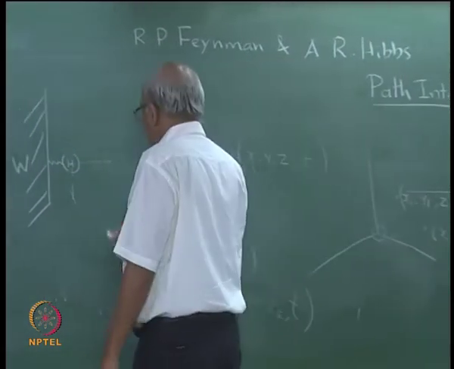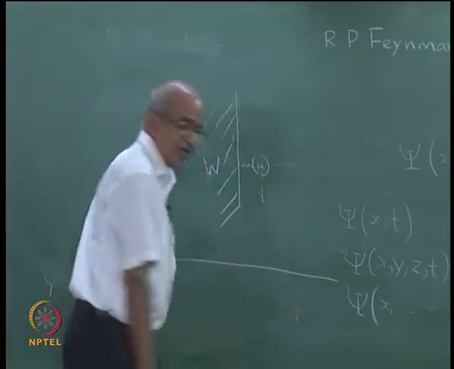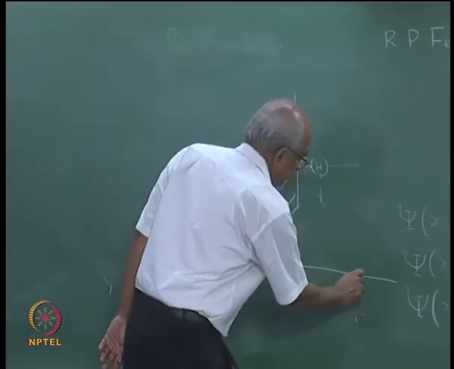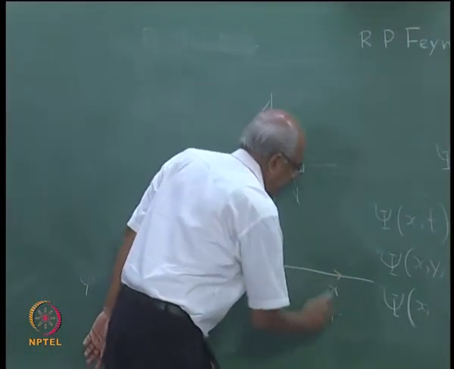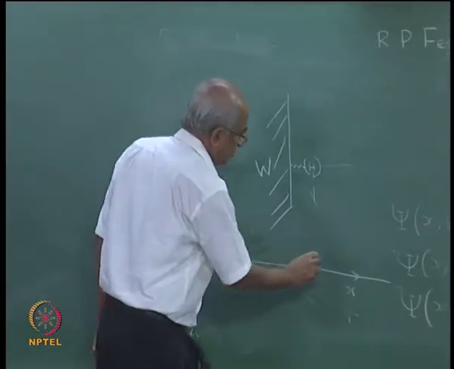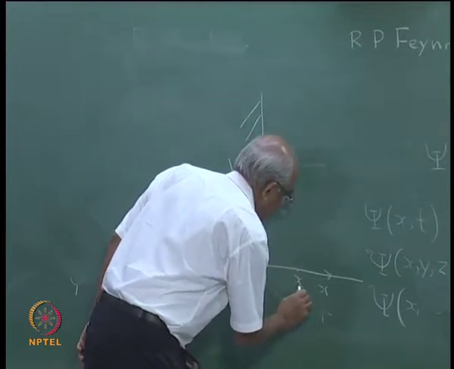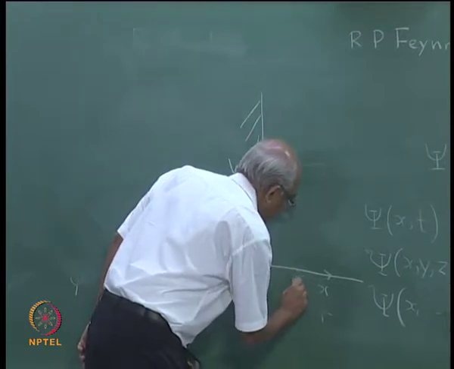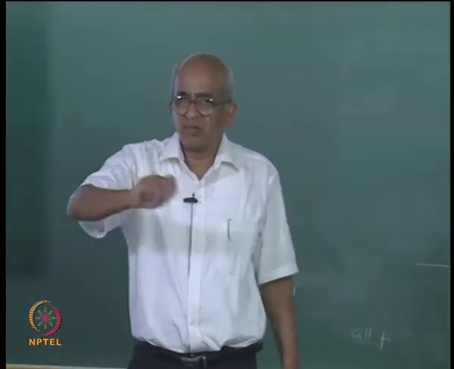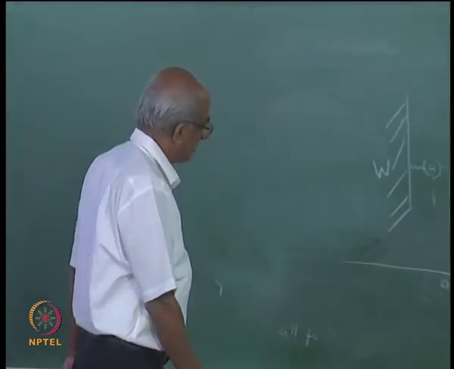So, as I told you, the position of this hydrogen atom, to specify it you need only one coordinate if you are thinking of vibrational motion. So, this is that coordinate and I shall refer to that as x, and if the atom is not vibrating, I would expect it to be at the equilibrium position somewhere here, which I may denote as 0. 0 is the equilibrium position, and if it is moving, what will happen? It is moving away from 0 to that side or maybe to the other side.